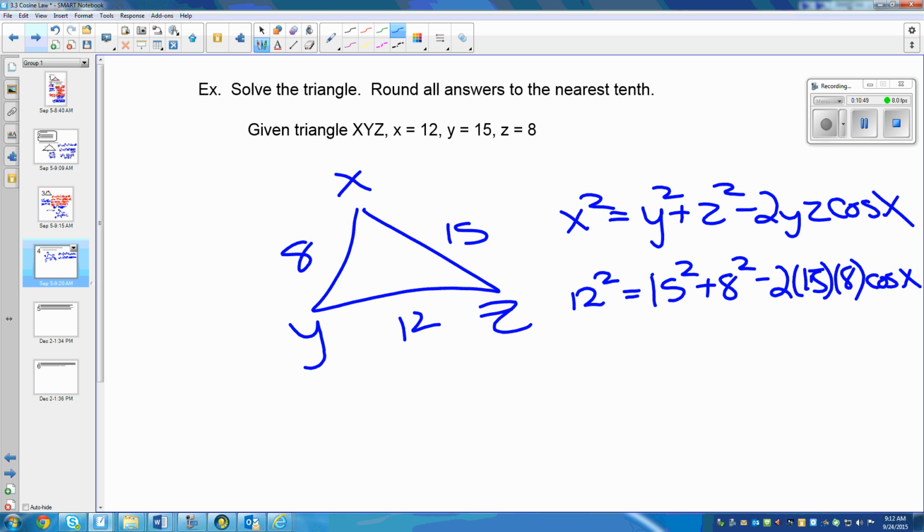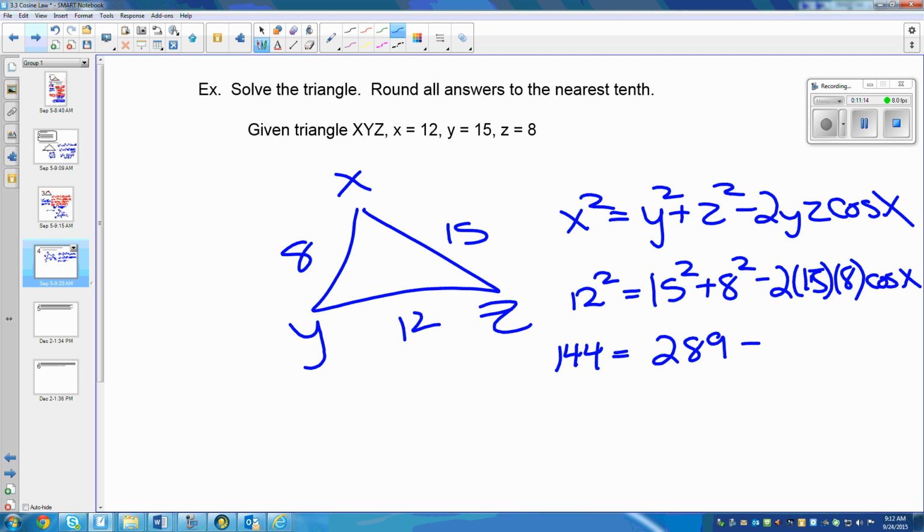Did I mess up somewhere? Okay. So 12 squared is 144, is equal to, now this is how I shorten up some of my stuff. I do 15 squared plus 8 squared right away. 15 squared is 225. 8 squared is 64. 225 plus 64,